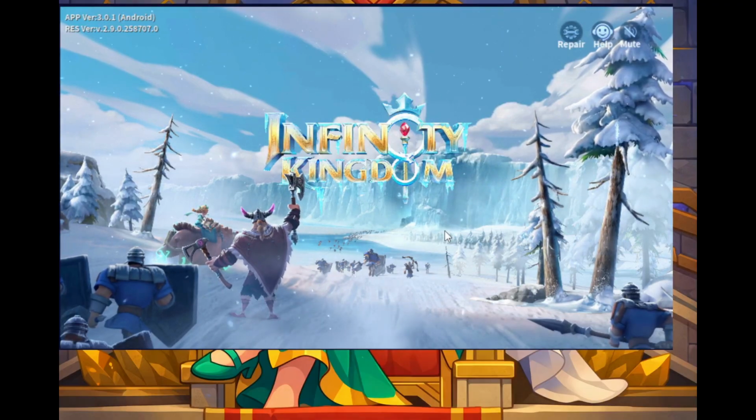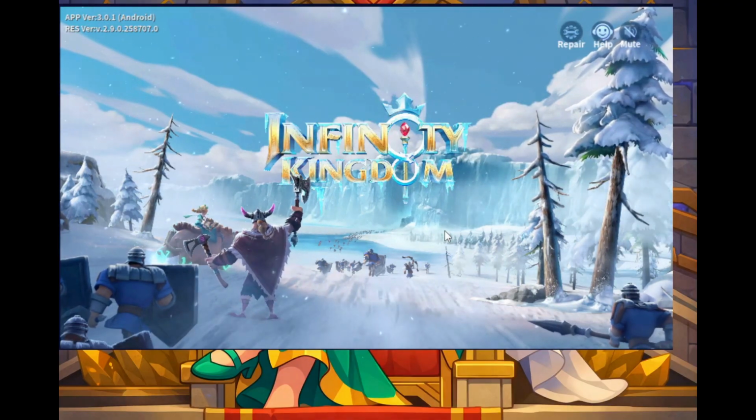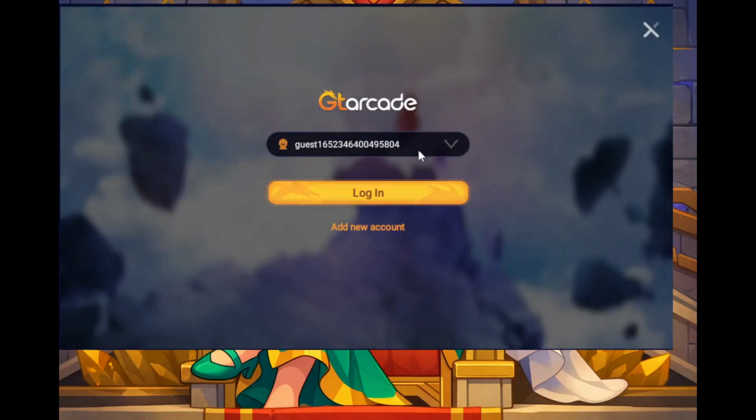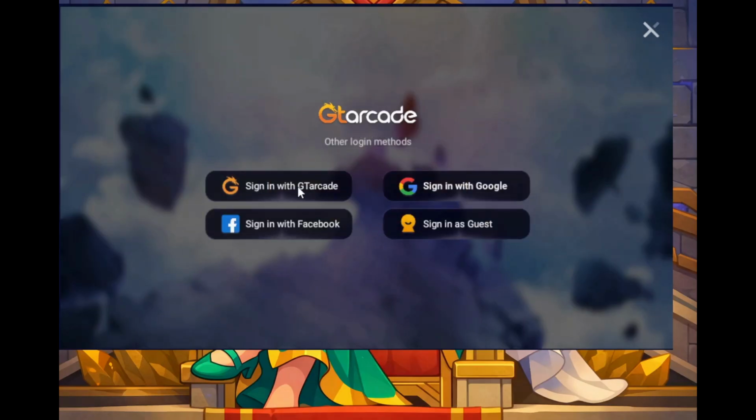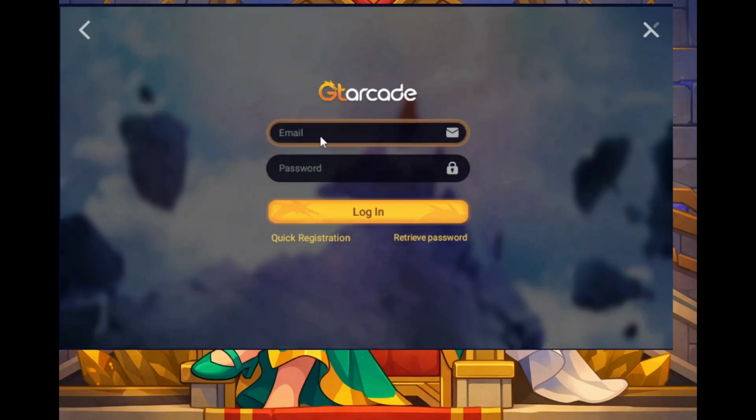So we can see that the client states it's in Android, the emulator, and let's see if it lets us log in. So here we can see we have a guest. We're going to add a new account. These are the options that are available on mobile and on Android. With Google, if you have bound it with Facebook, you can sign in with Facebook, and as you can see, Twitter is no longer supported because Elon Musk. What can I say? So I'm going to sign in with my GT Arcade